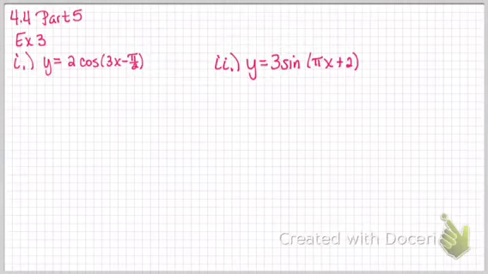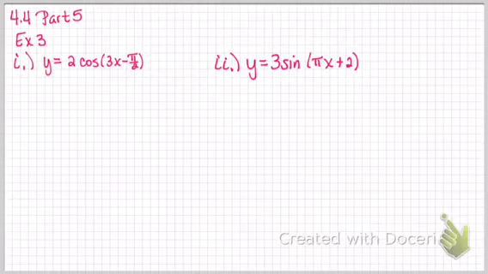4.4 Part 5, Example 3 tells us it wants us to just find the period and the phase shift of each function. So number 1 there starts out with y equals 2 cosine of 3x minus pi over 2. The big difference here is notice that now the 3 is inside the parentheses instead of out of it. So if we want to use A, B, C